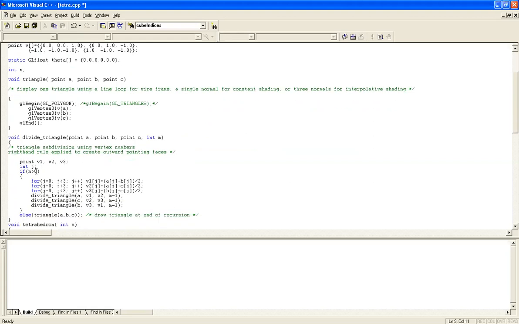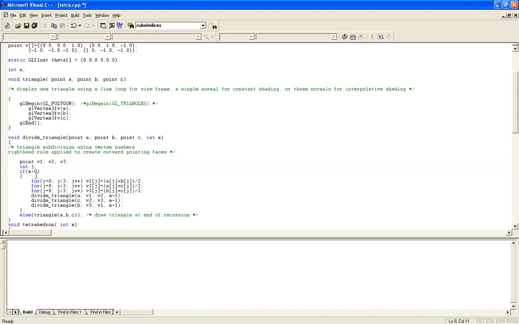So now, the first and foremost thing is we are going to apply the midpoint formula. The very basic logic of this whole tetrahedron program is the midpoint formula. What happens if m is 0? m is the number of divisions. If you specify m as 2, every triangle divides the given triangle 2 times. If you specify m as 3, it divides 3 times. If you specify m as 1, it divides 1 time.